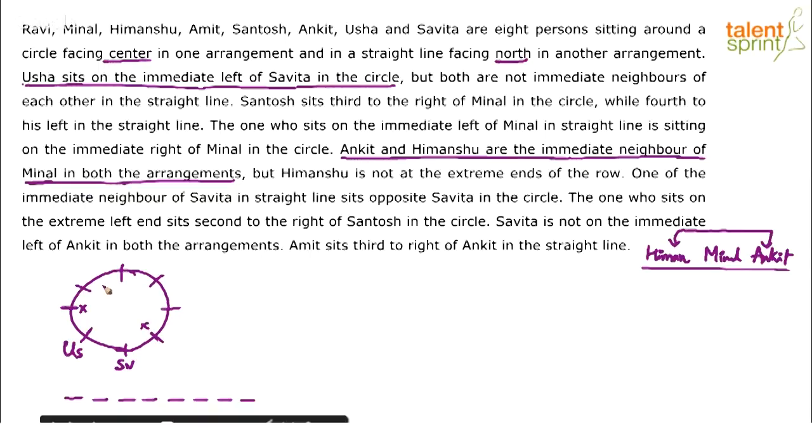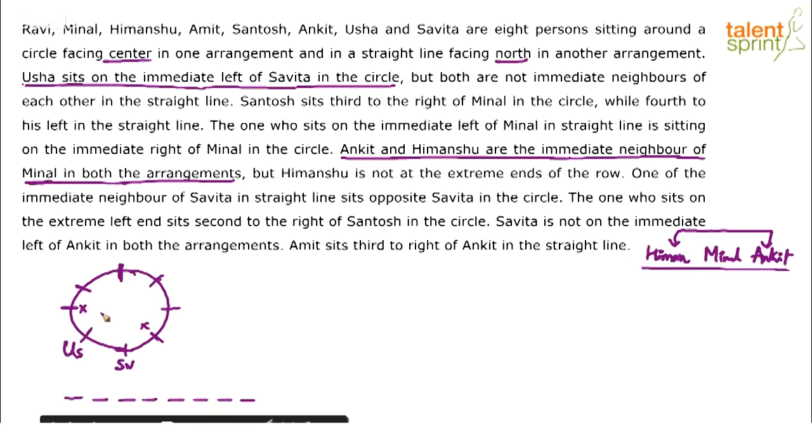Now these are the 4 possible positions for Minal. Minal can come here with Ankit and Himanshu in the other 2 positions. Minal can come here with Ankit and Himanshu in these 2 positions. And Minal can also come here with Ankit and Himanshu in these 2 positions. So there are 4 possibilities for Minal on the circular arrangement. But again, doing all 4 would be complex. So let's try to use some other statement given with respect to Minal so that we can eliminate some of